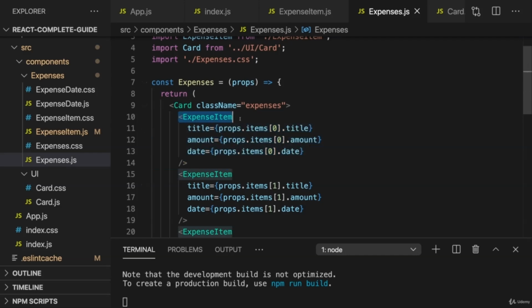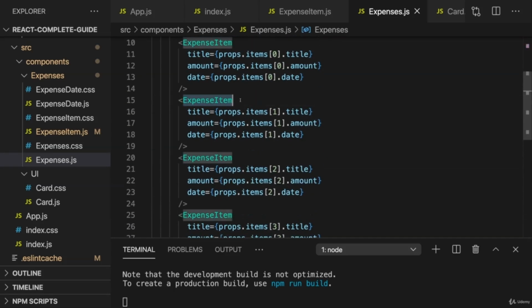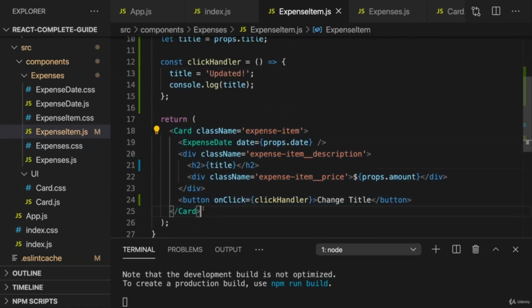For example, here, we make React aware of the expense item function. And whenever React evaluates this JSX code, it will call these component functions. And these component functions then return JSX code, which is also evaluated, up until there is no more JSX code to be evaluated. So React keeps on calling any component functions it encounters in JSX, then calls any functions that those functions might have returned, so any elements those components might have used in their JSX code, until there are